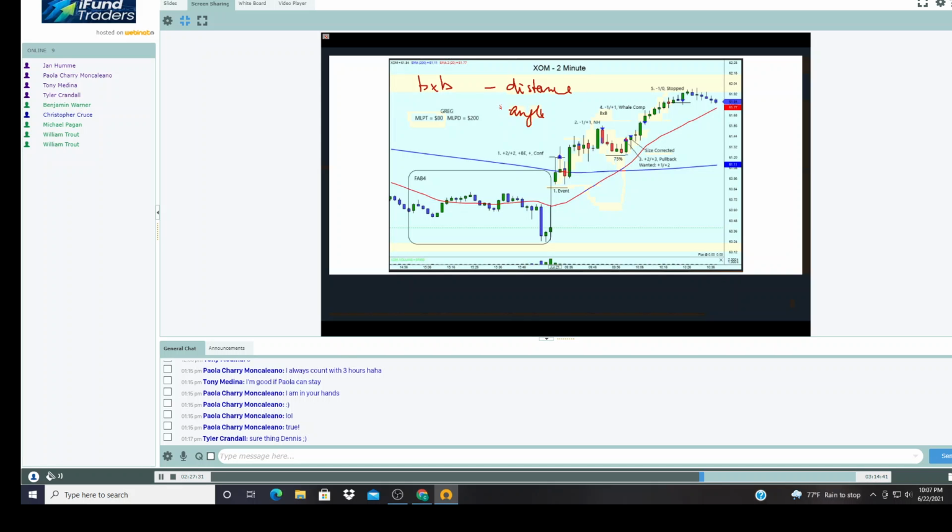That's right. Angle. What you want to see is an acceleration there, okay? So if this would be going like this here, going up, and then suddenly we get a couple of bars like this, right? Now we have distance, obviously, to the MA20, and we have angle, right? That is the moment when you want to use bar by bar, because when you start to use bar by bar, you're basically saying, I want to get out of this trade. It's done. I've had enough. This is ending. This move is over, right? You're going bar by bar here, if I understand it correctly.